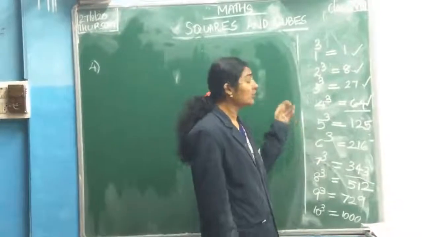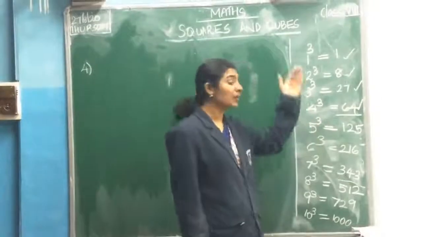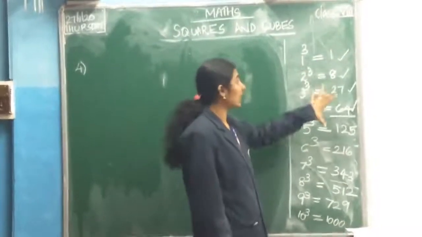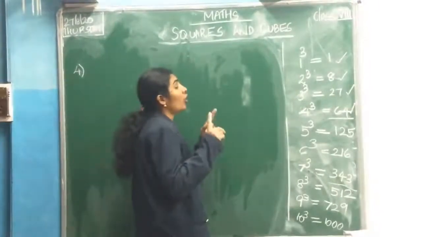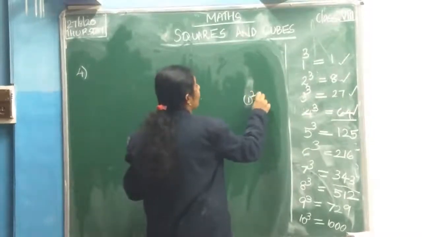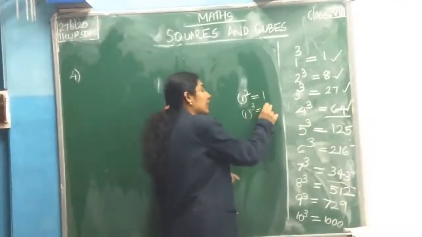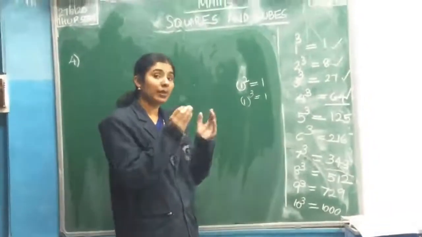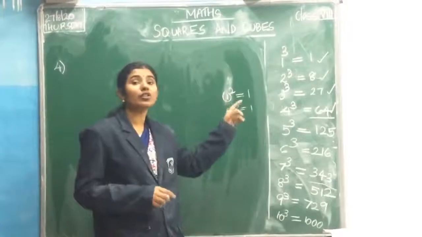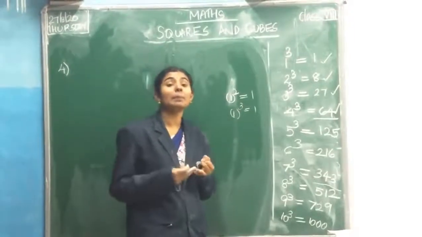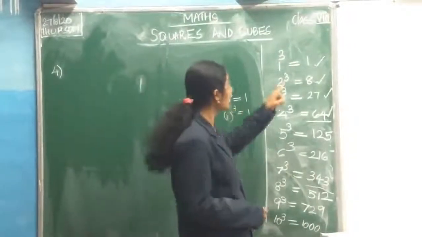So, can you see any perfect squares? You will get the perfect cubes from 1 to 500. From this collection, can you get any perfect square? You know that only for 1, when you are squaring you will get 1. When you are taking the cube you will also get 1. Other numbers are not both perfect squares and perfect cubes. Both are different. Only for the number 1, you will get the same perfect square and perfect cube. So, which is the perfect square from 1 to 500? That is 1.